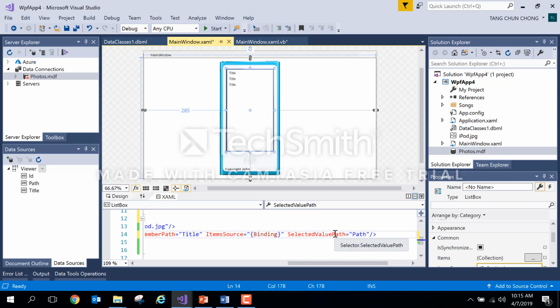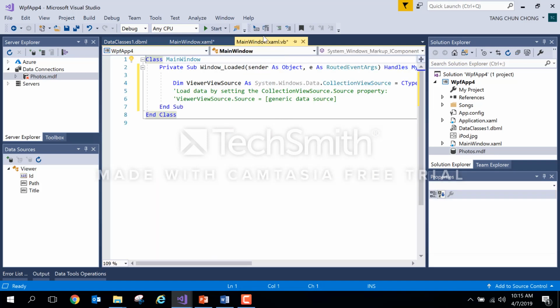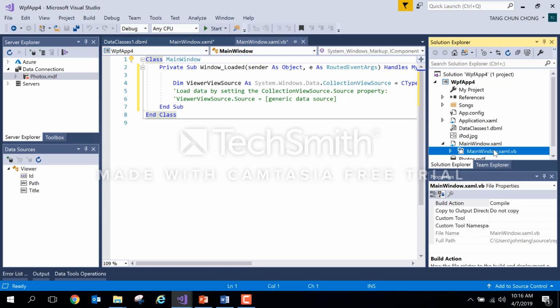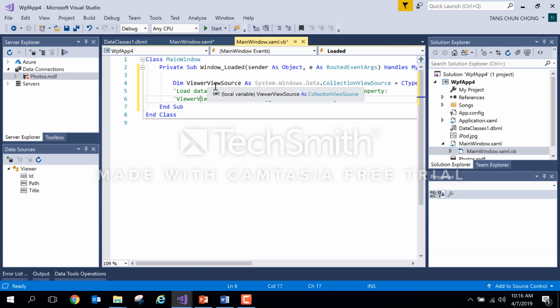right? Okay, so once you have done that, you can now select and add the codes into your VB form, right? By default, when you select the code behind your form, it's actually located here as well, right? So click on it and you can see your VB forms. You have the viewer view source that's already available because you drag and drop it into the list box, right? So what I will need you to do is to actually add a few lines of codes so that